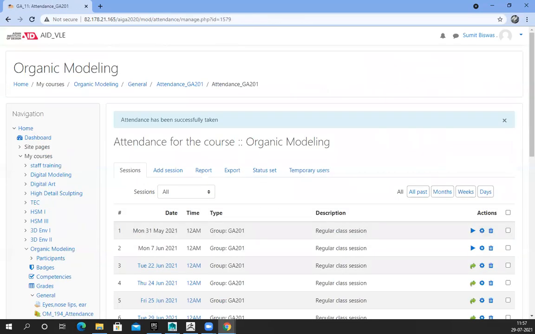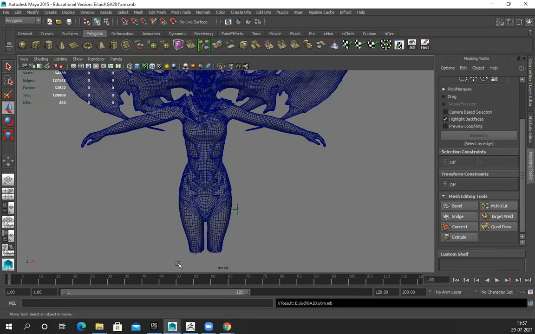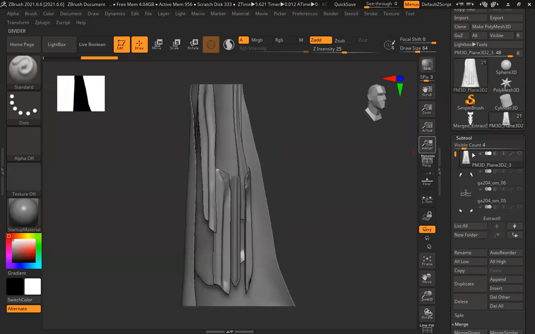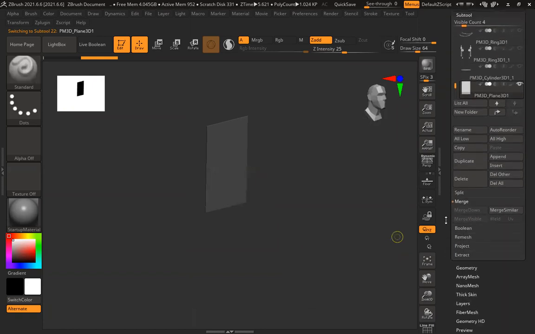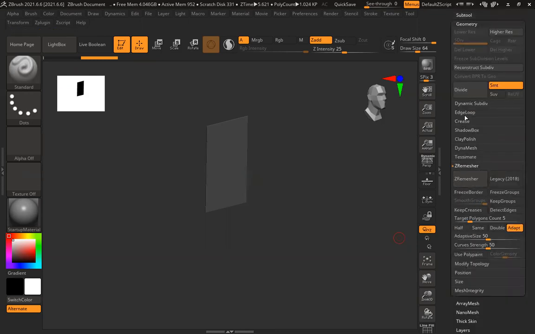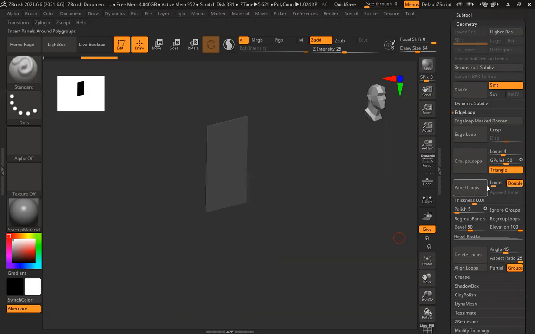Okay. Sir, quick doubt. हाँ जल्दी. Sir, how do we give thickness to a plane in ZBrush? Thickness to a plane. Let's see. Append plane, right? This is what you're asking. So plane में there is no thickness. Thickness to plane, there are multiple ways. I can just use ZModeler and extrude it. Or in Geometry, there is something called Edge Loop, and there is Plane Loop. You can see Thickness. I can add this thickness. Either this or ZModeler.